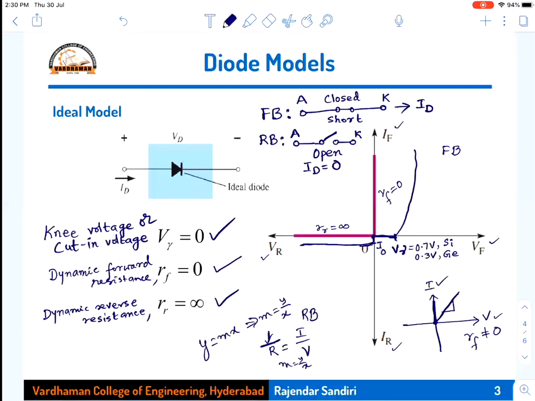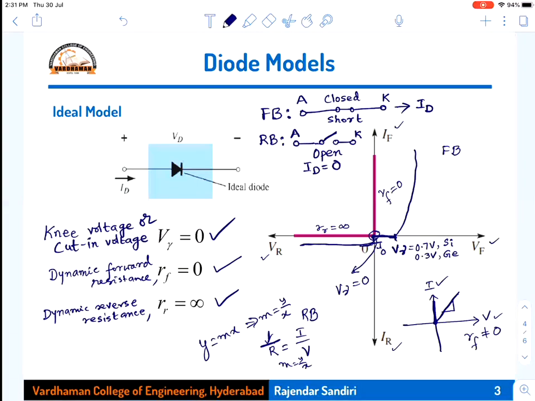the vertical direction, and it is taking the vertical direction from the origin because V gamma is equal to 0. So at the origin V gamma is equal to 0, at this point. V gamma is equal to 0, and from there RF is equal to 0, therefore it is taking the vertical direction, and from there RR is infinity, reverse resistance, it is taking the negative x-axis. So forward resistance 0 means the y-axis, infinity means the x-axis in the reverse direction. So RR is equal to infinity.